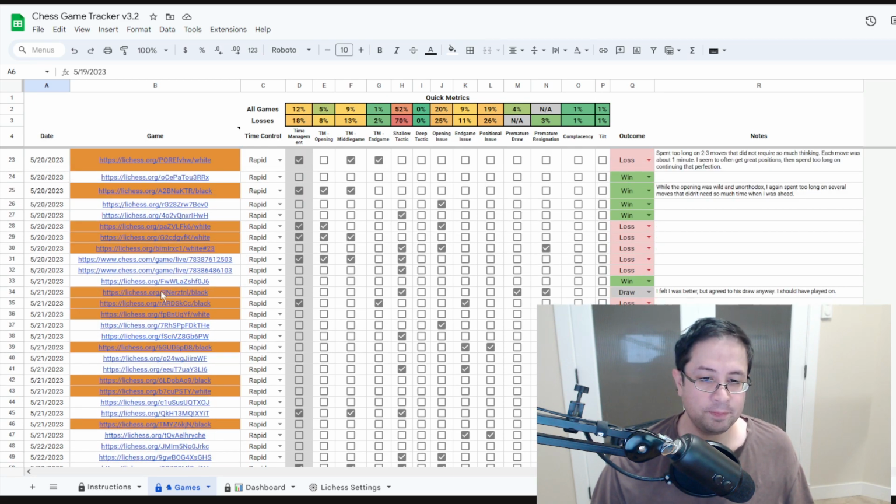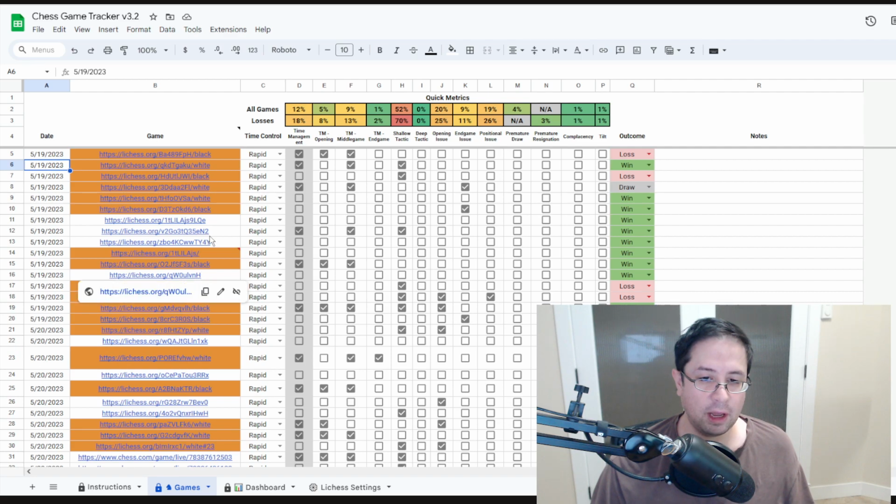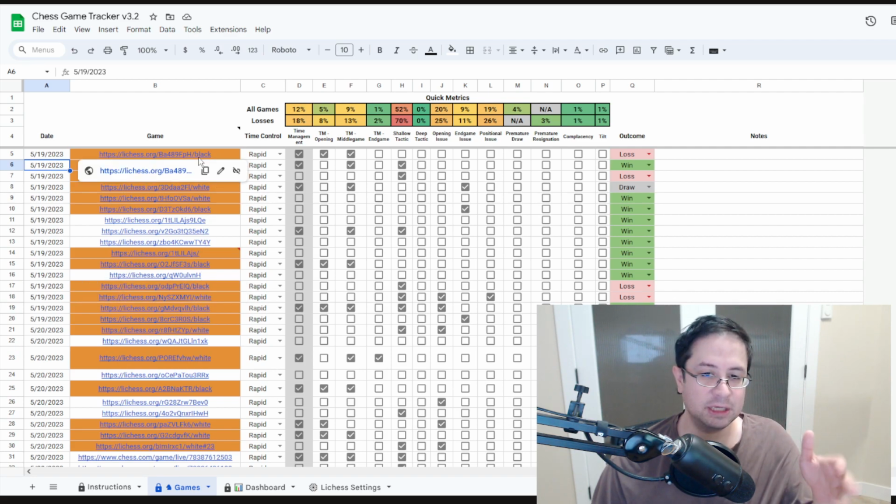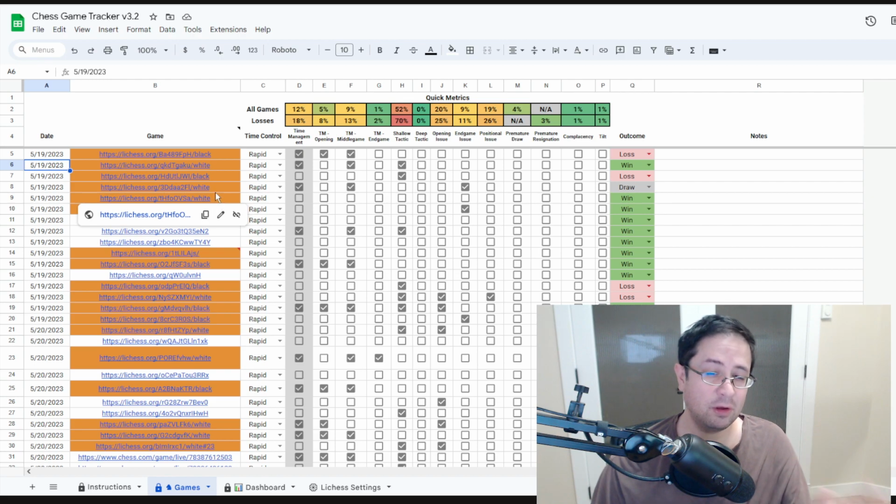For Lichess, I recommend that you remove the /black or /white at the end. It's not mandatory, but